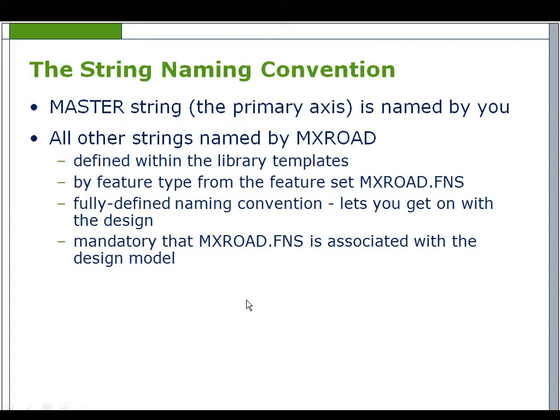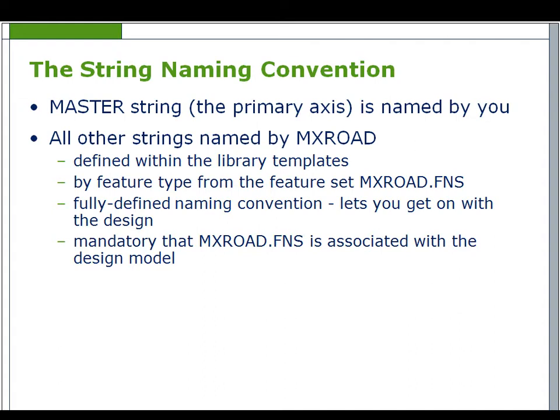We are now going to look at the range of design tools available within MX Road, but first we need to look at the string naming convention, or SNC. The master string or primary axis is named by the user and will be the reference string for the MX Road templates. All other strings will be named by MX Road and are defined within the library templates by feature type from the feature set